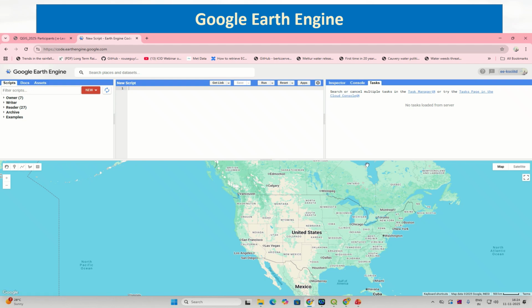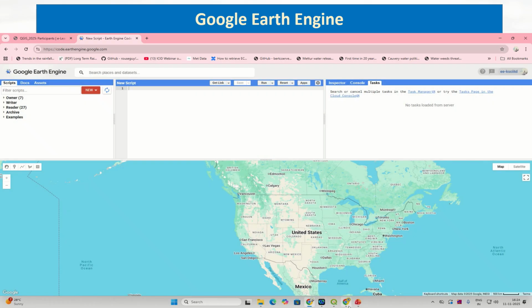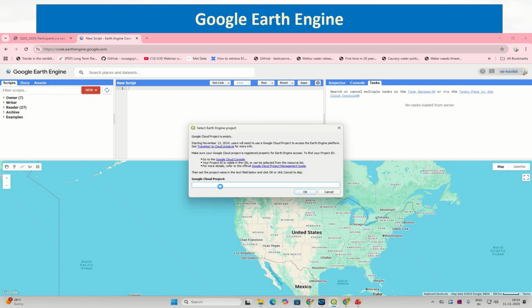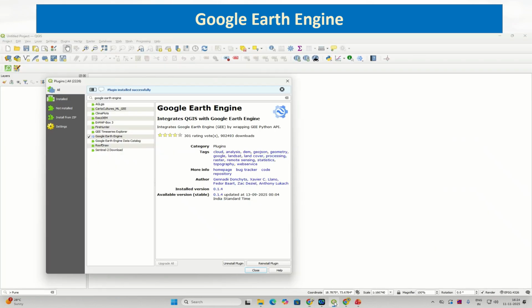Now anyway, we will not get into Google Earth Engine, but if you are a user of Google Earth Engine, you can find your cloud project ID from here. You can click on project info. This is the cloud project ID. You can copy your project ID and then paste it here and click on OK, and then you close this window. This is not required. So if you go here,